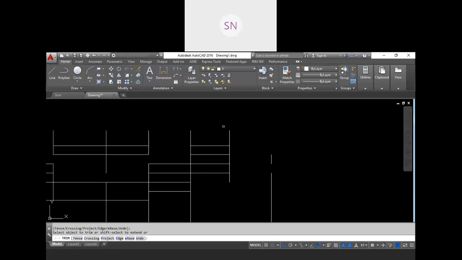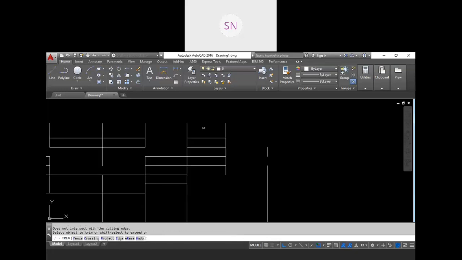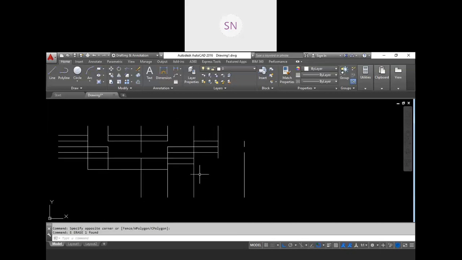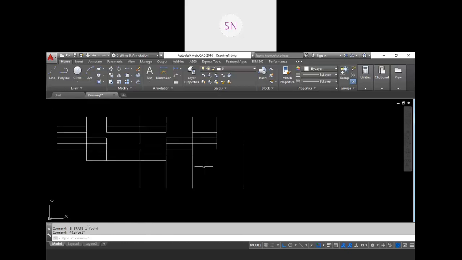But once you have an object that is not actually passing through any other objects, you are not able to trim that, because the trim tool is used for cutting purposes, not for erasing. So this is our single object, so we need to delete it. Select it and delete it. Trim will not work on your last geometry, your last piece. You can do a cut with trim only. Here, enter and click like this, and you can trim your object.